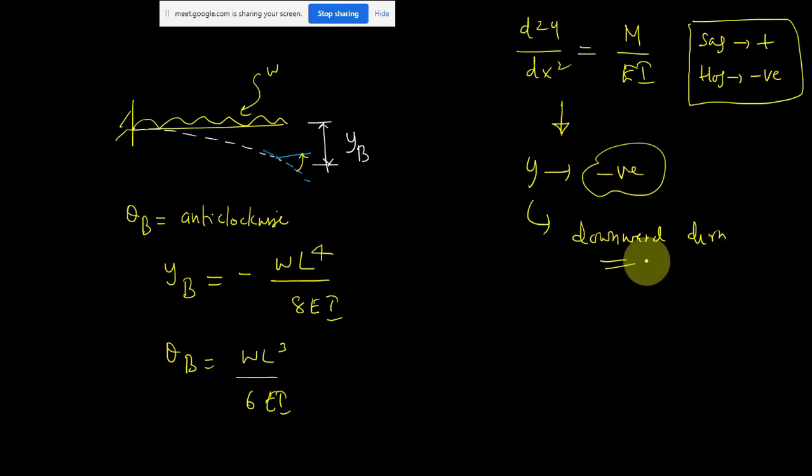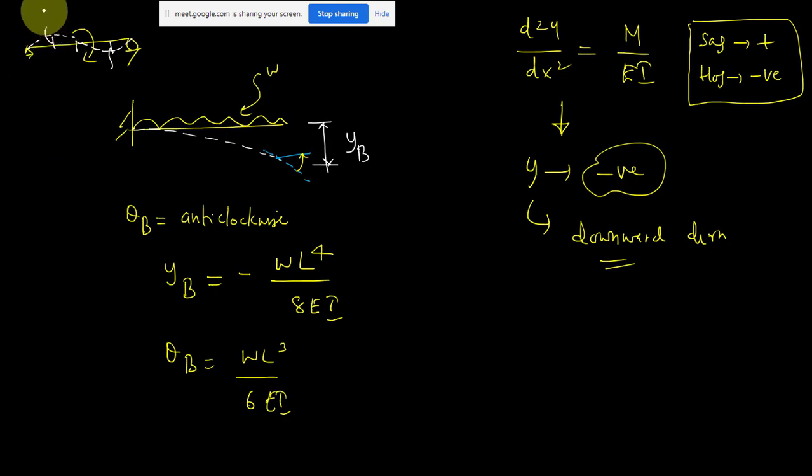Okay, the deflection is in the downward direction. That is the meaning. This should be clear, because sometimes we will not be able to see it from the question. But suppose you have a simply supported beam with some concentrated moment or something like this. In this case, the beam will bend something like this. This will be the deflected shape, and at this point the deflection will be downward, and at this point the deflection will be upward.